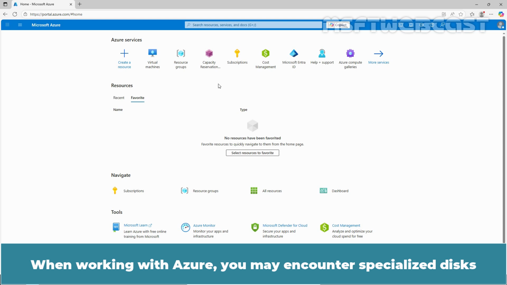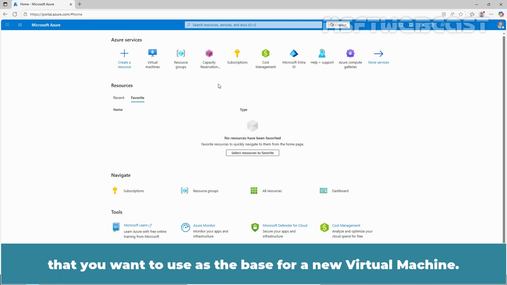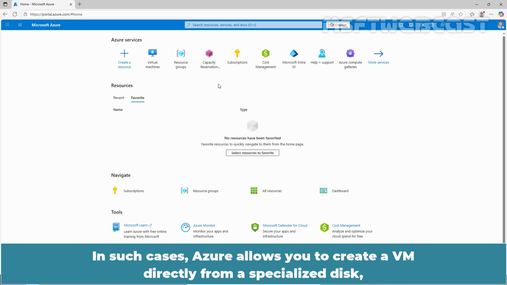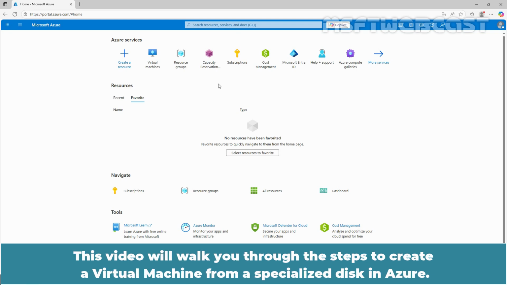When working with Azure, you may encounter specialized disks that contain existing data, configurations, or even an OS image that you want to use as the base for the new virtual machine. In such cases, Azure allows you to create a VM directly from a specialized disk, saving time and effort in the provisioning process. This video will walk you through the steps to create a virtual machine from a specialized disk